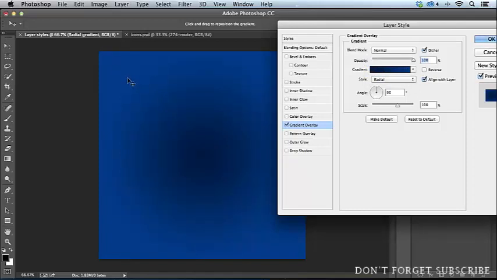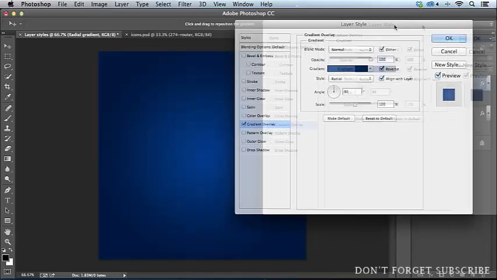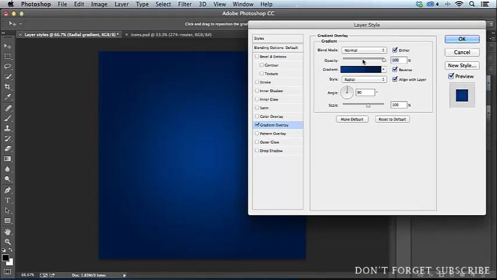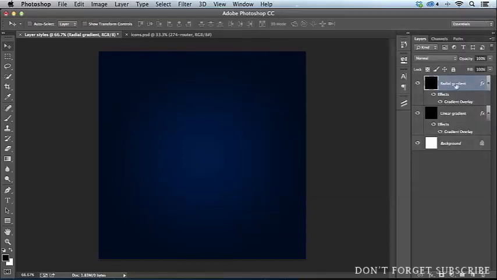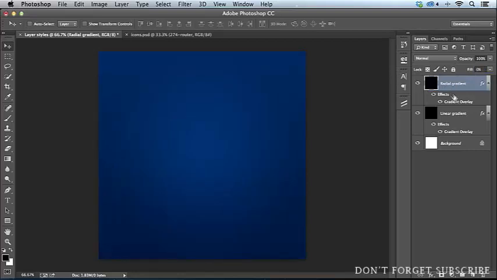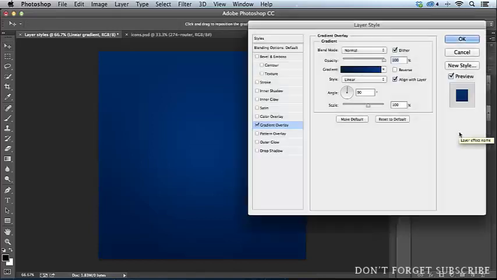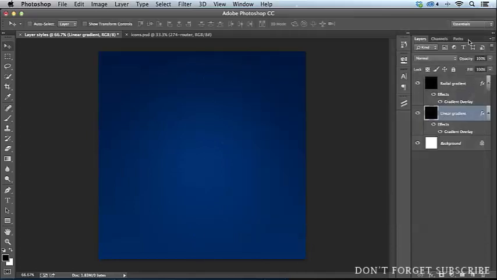I want the light color on the inside, and so I'm going to reverse that gradient. And then what I'm going to do is drop the opacity down. And now what happened here is now this gradient is mixing with the black color of the layer. And so what I'm going to do is get rid of that black fill color entirely by clicking on the fill and dragging it down to 0. And so now this radial gradient overlay is blending with this linear gradient overlay. So you can see kind of the difference there. And then just to play with it, I'm going to reverse my linear gradient so that the lighter color is on the bottom, just for fun. So we've created a little bit of a dynamic background,